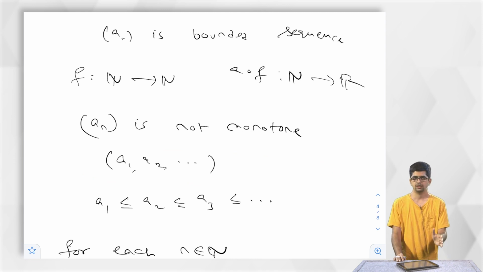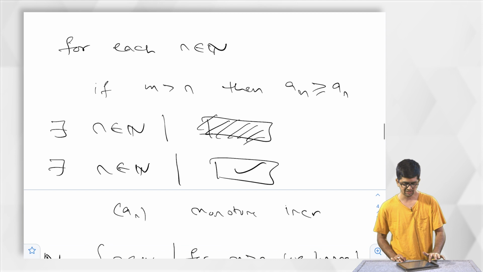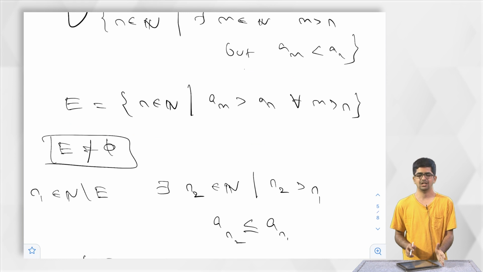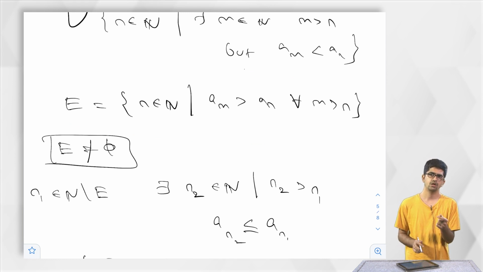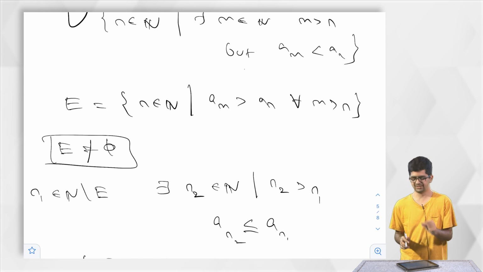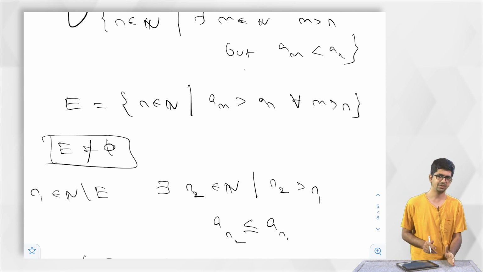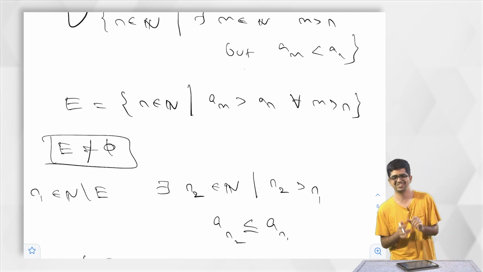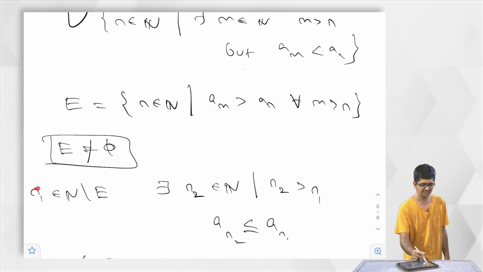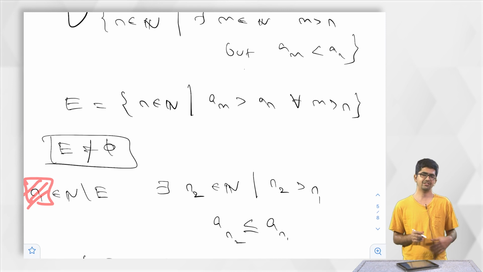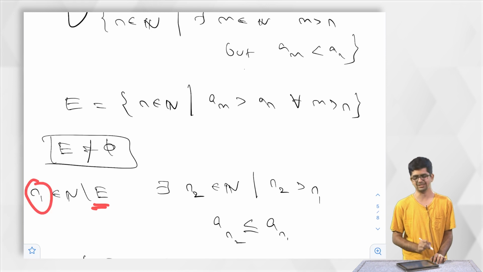So, if a is bounded, what we have done is the following: this set E measures the deviation or damage for a_n to be monotone non-increasing. Then we have said that there are some options for E. E can be the empty set, or non-empty. For the empty set we have already seen that we can start at 1. For non-empty, we cannot start at 1 here. So we have taken the maximum element of that set E and added 1; that element is not an element of E, so we will start there.